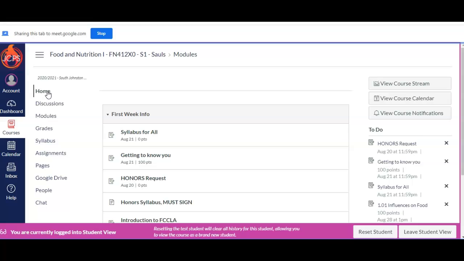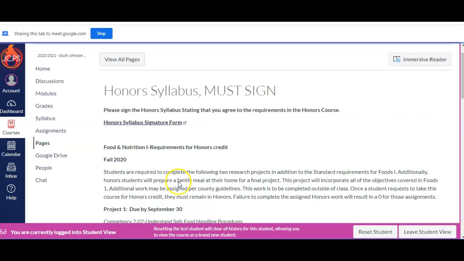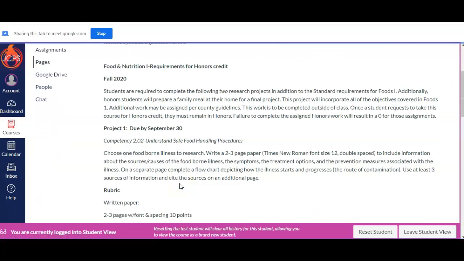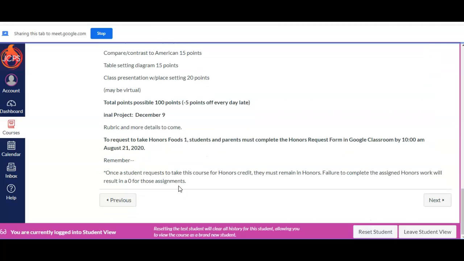So the next thing is going to be the honors syllabus. If you decide that you are going to take honors, you have to come in here, and this tells you each project when it's due. The only thing that's not on here for foods is your final project, and that final project basically is cooking a big meal for your family or your friends, and you have to tell us you'll have certain objectives that